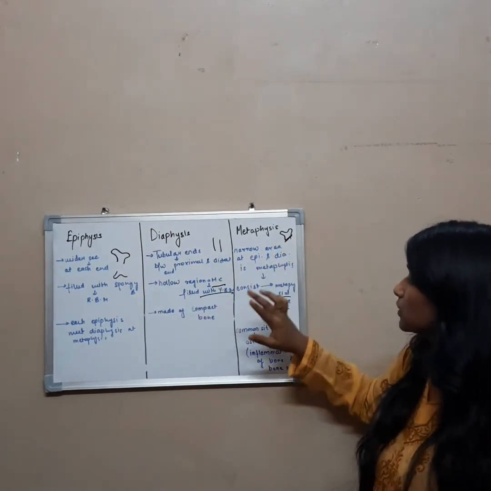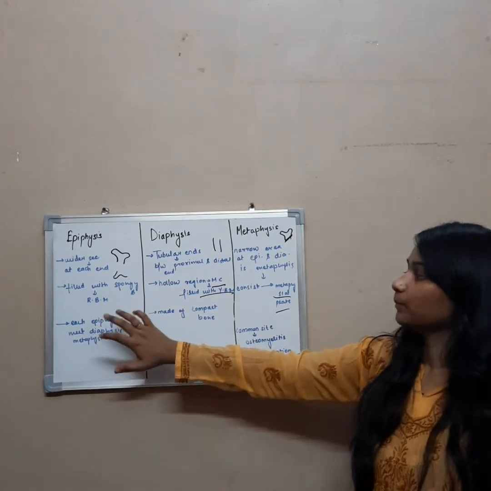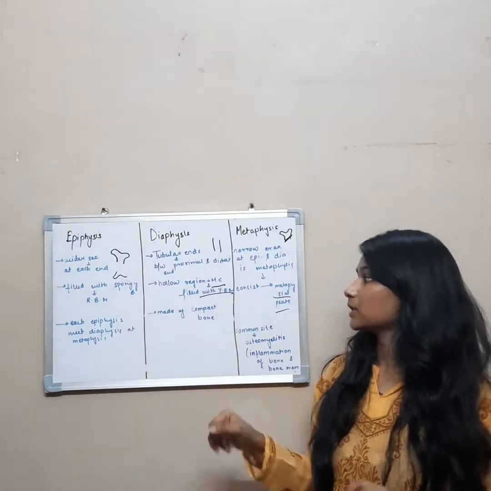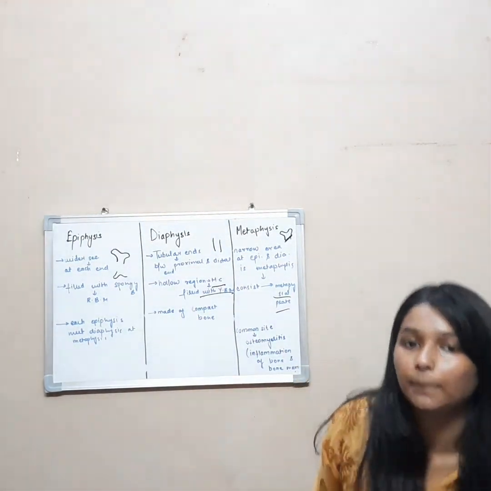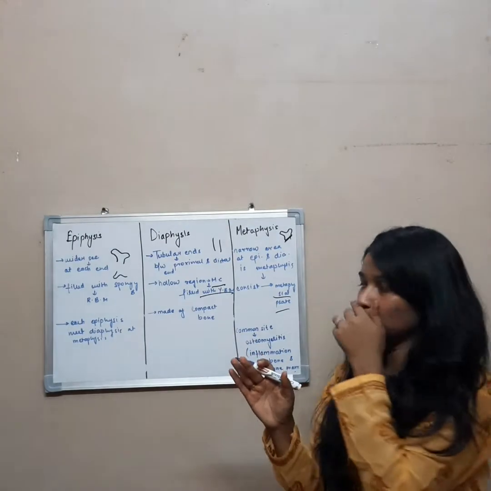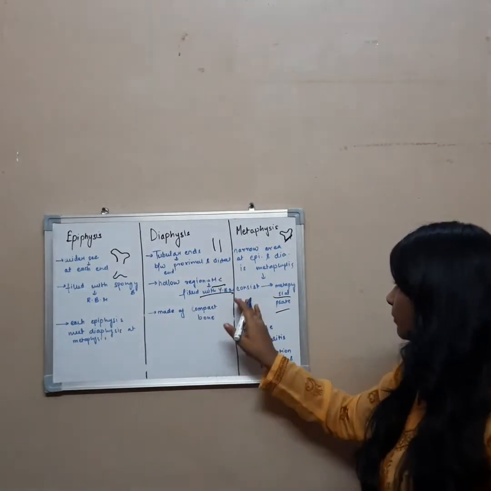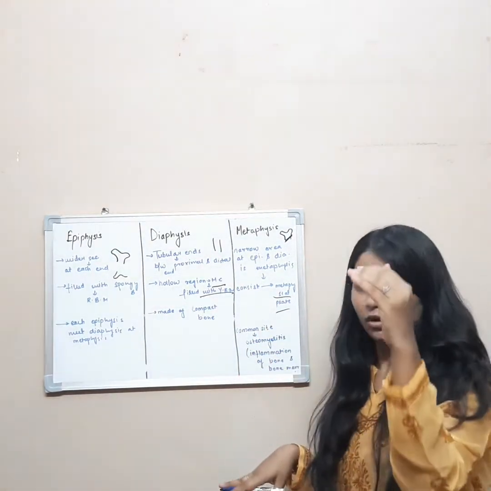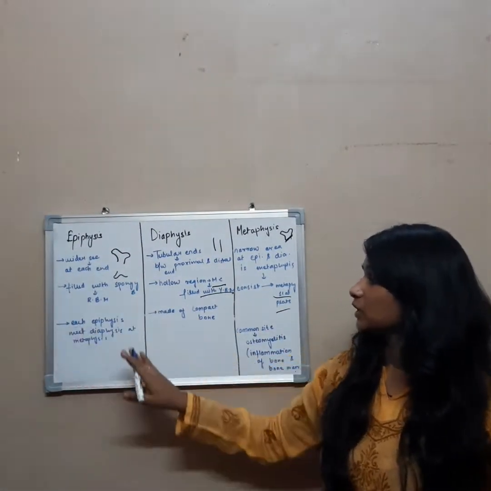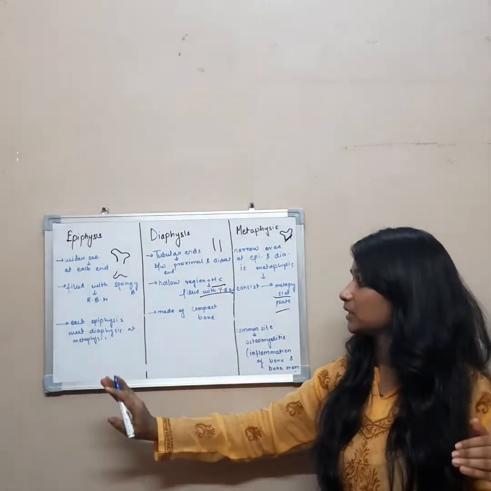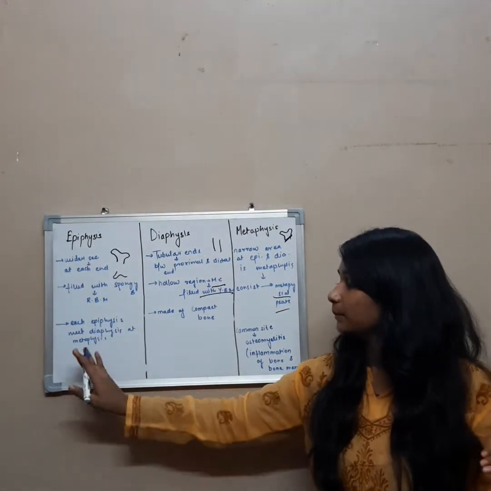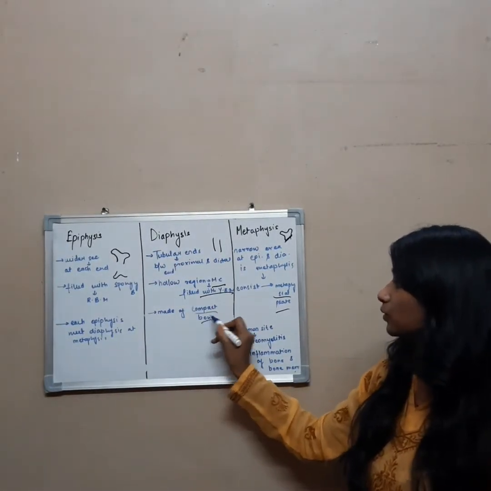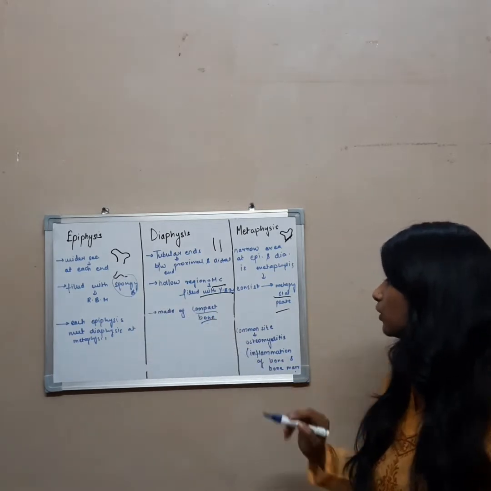I drew here also, filled with spongy bone, that is red bone marrow. Diaphysis: hollow region having the medullary cavity filled with yellow bone marrow. It consists of the metaphyseal plate, which helps in longitudinal growth of the bone. Each epiphysis meets the diaphysis at the metaphysis. Diaphysis is made up of compact bone, a wide difference between spongy bone and compact bone.